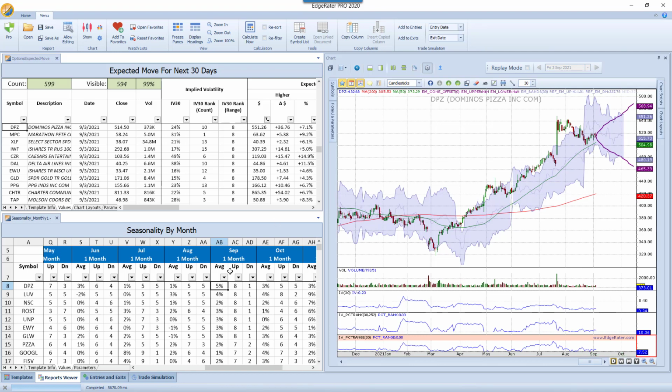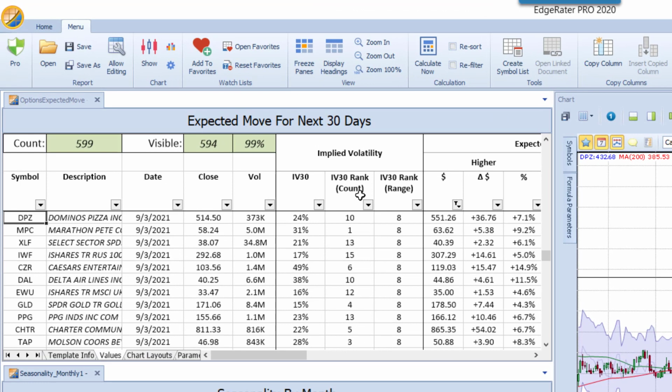Now Domino's Pizza, when you click on Domino's Pizza, because we have the expected move in the upper panel, we can also see the implied volatility rank. The implied volatility rank is based on a count of the number of days over the past year with implied volatility. So if you have a low implied volatility rank, you know that you are currently in one of the lowest. In this case, the rank is 10, so you're in the 10th percentile of implied volatility based